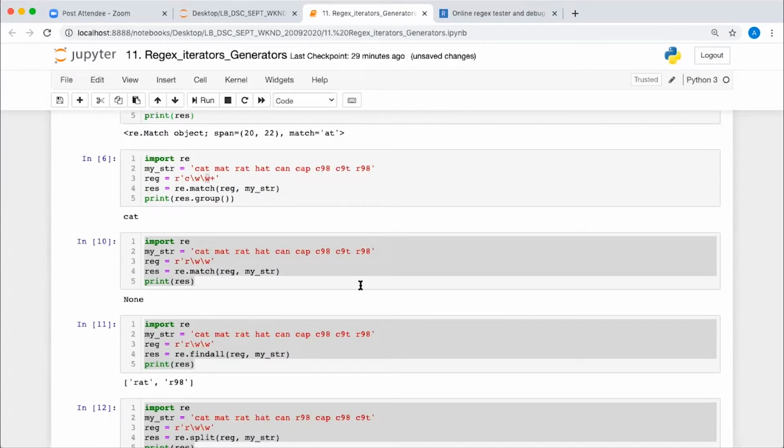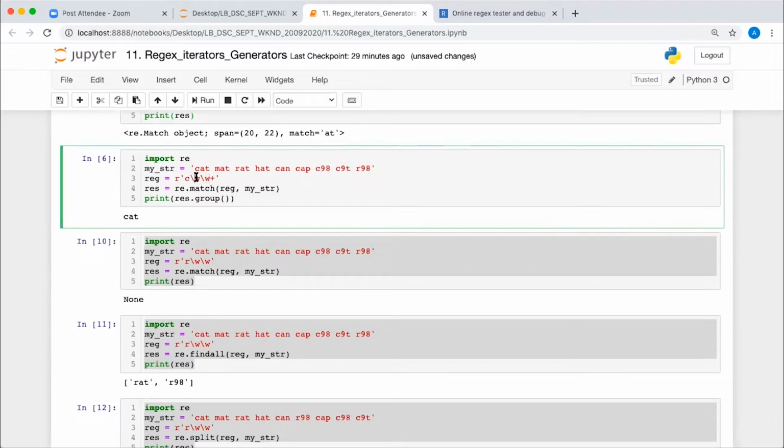Does it mean it has to be at least 2 such occurrences? In this case, what happens after C, there should be at least one alphanumeric character, and this one is one more. So basically, the length will be not less than 3 of this string. It cannot be less than 3.